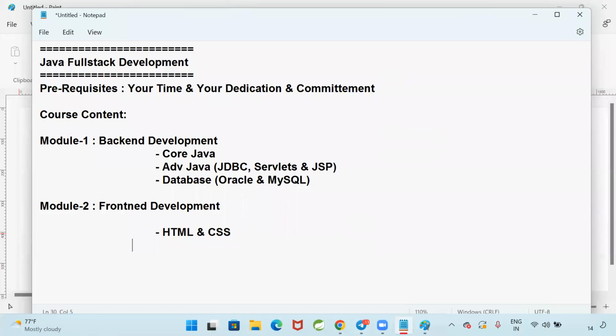Next, we are going to use JavaScript. JavaScript will be available in the front end. JavaScript is used to add dynamic nature to the website. If I click one button, the data should go. If I click one button, a pop-up should come. Any dynamic behavior that you want to add to the website, we will give by using JavaScript. Next one, we will use Bootstrap.